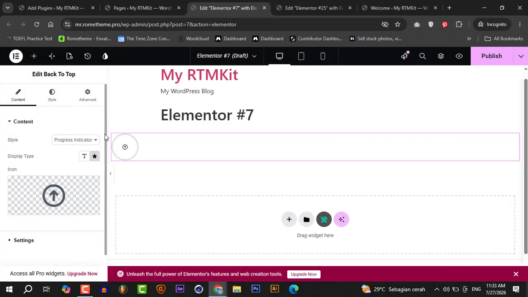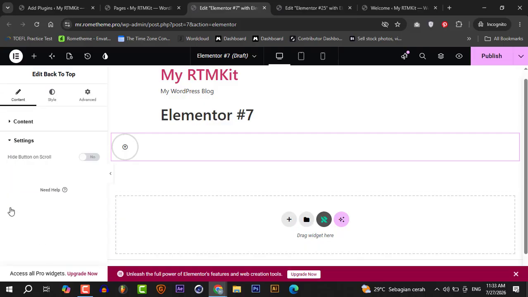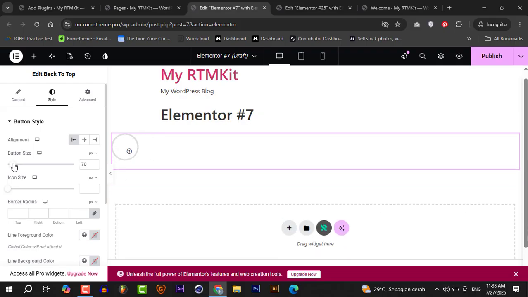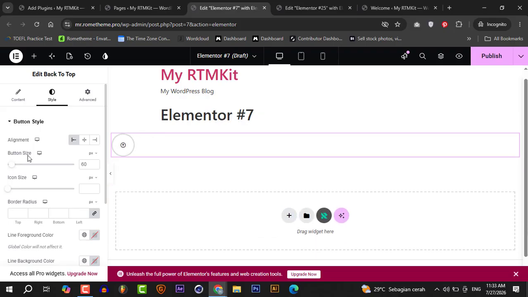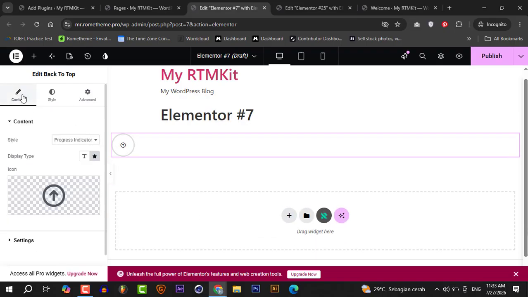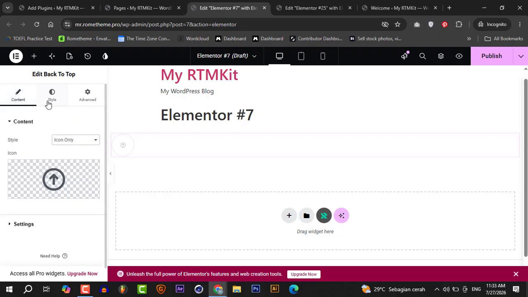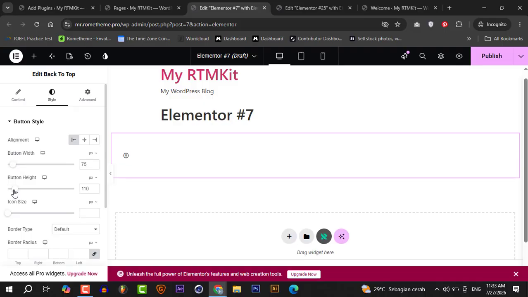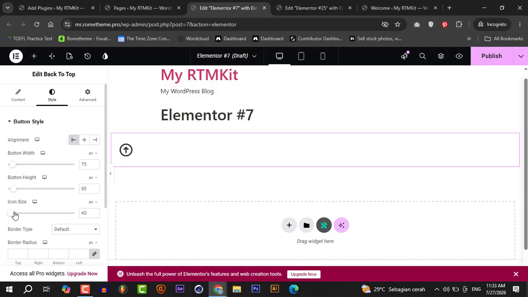and you can scroll down, setting, height on scroll. Here's the style. You can choose how big the button size, and maybe icon only. And how big the button size, the height, and the icon size,